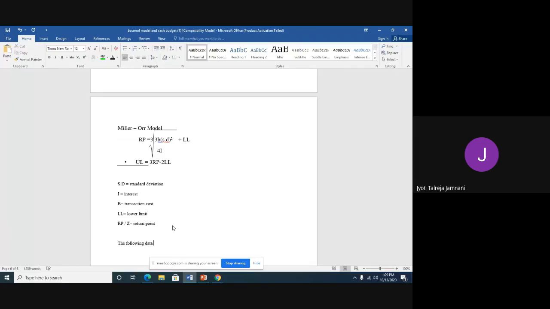Okay, now, following data is available for a firm. So they have given you the first sum, they have given you everything. So LL is equal to 1000, which is nothing but your lower limit. Interest rate per day, which we call I, is equal to